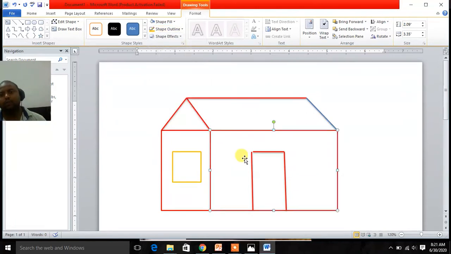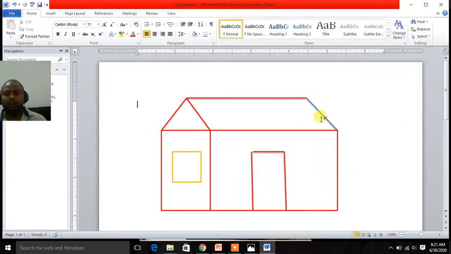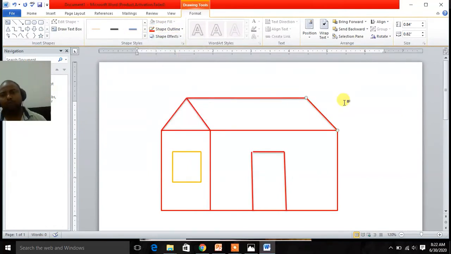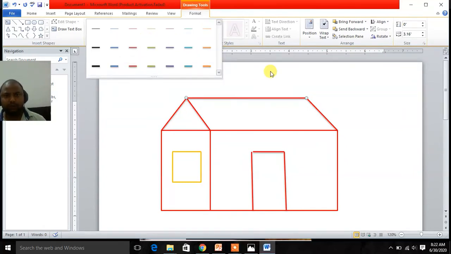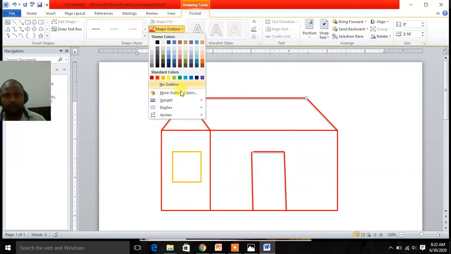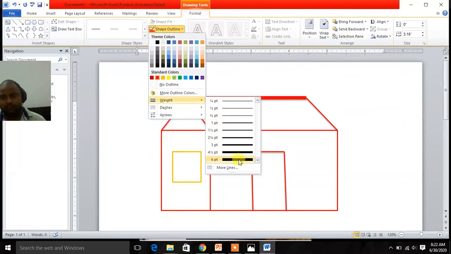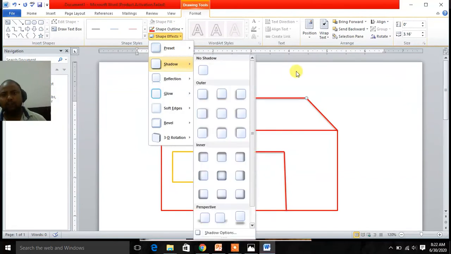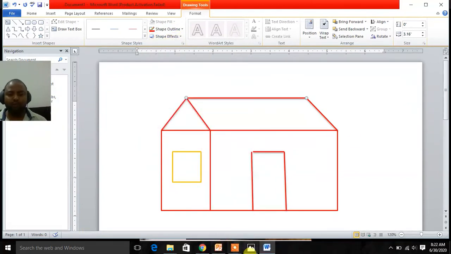Okay, so this is how you can draw in MS Word using different drawing tools. You can change the thickness also from here, outline and weight as per your choice. So let it remain like this. You can fill colors, you can give effects. Okay, so these are the different things you can do using your drawing tool in MS Word.